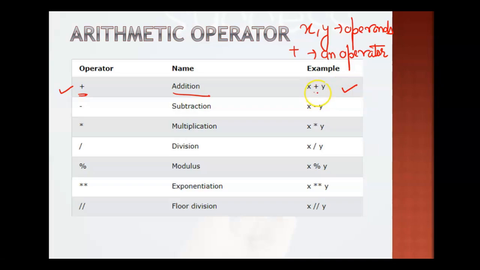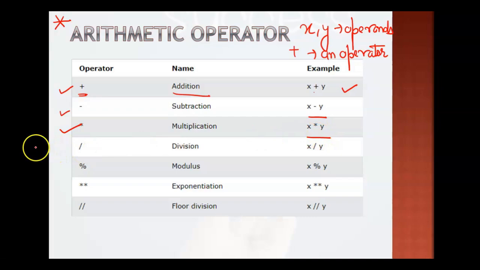Obviously the variables will work with respect to the values. So you need the values of x and y first, and if you have initialized them already, then you can execute it. Then the second one is subtraction, minus, so x minus y. Then you have multiply. In computer science, multiplication is not the cross sign like in normal mathematics. It is an asterisk, a star. The way to write it down is x multiplied by y.